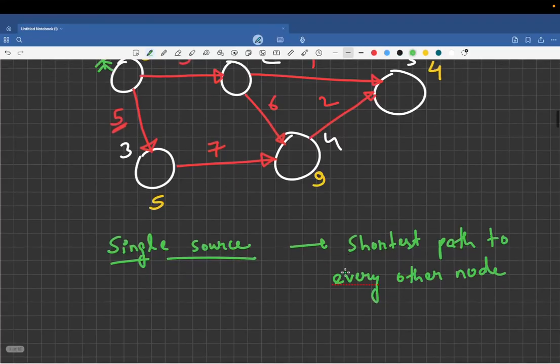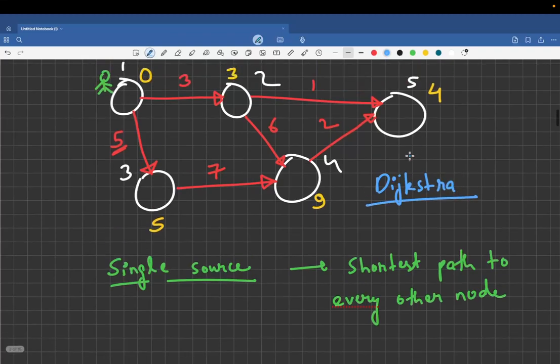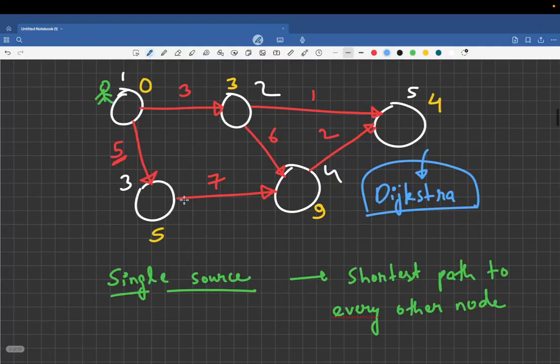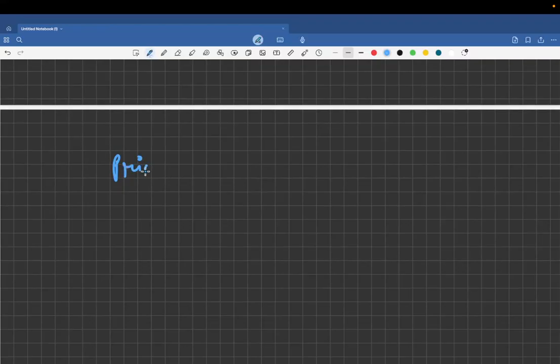For this, from a single source, if you want to find the shortest path, we have a very famous algorithm, that is Dijkstra algorithm. So I won't be discussing how Dijkstra works in this particular video. You can refer to any other video, or I can make a separate video for this. But yes, if you have a single source and if you want the shortest path to every other node via that single source, you simply follow Dijkstra algorithm, where we use a priority queue